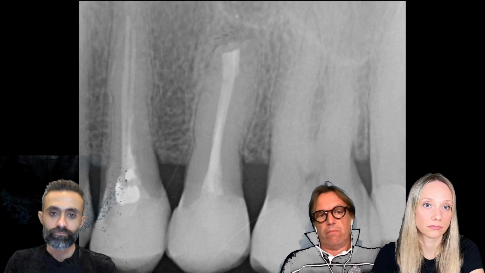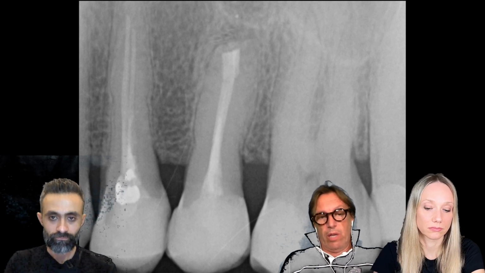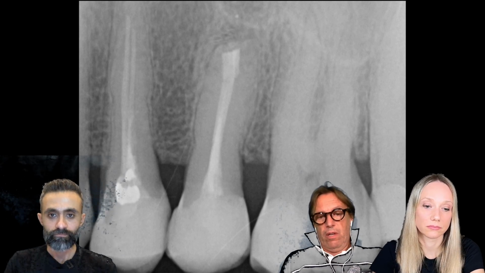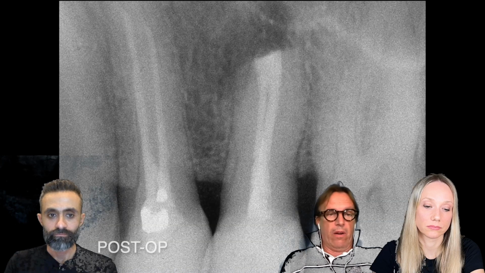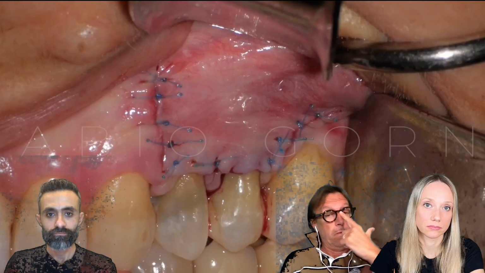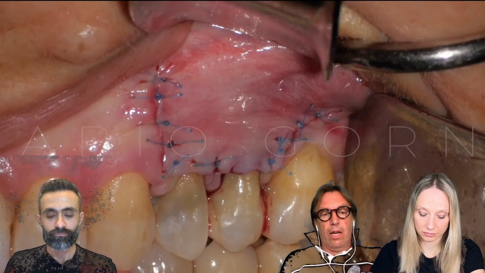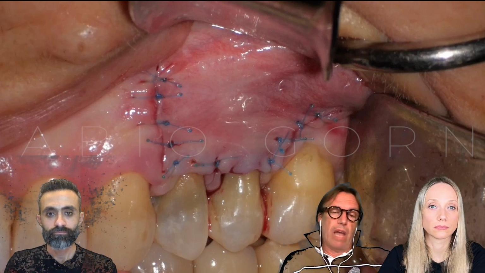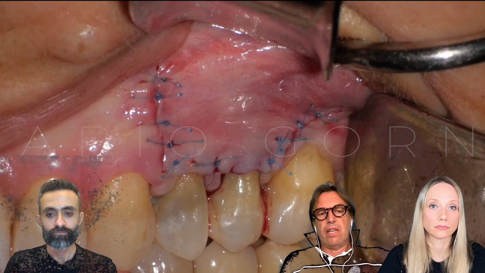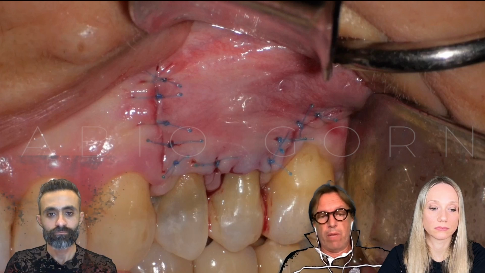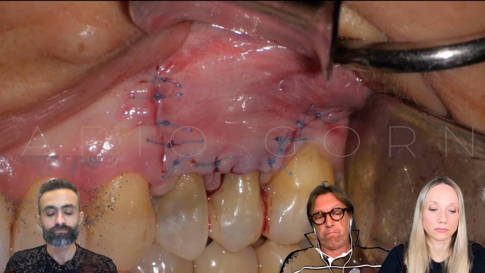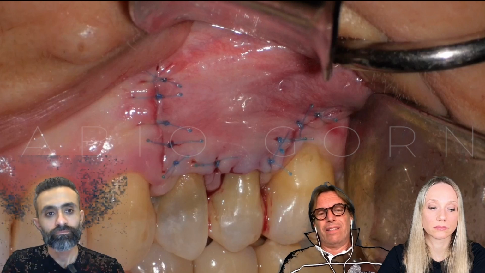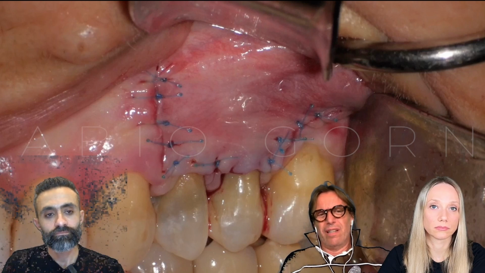Single stitches, you can use whatever you want in terms of material, nylon, resorbable sutures. Now, I prefer to use 6-0 resorbable suture, but it's not so important.